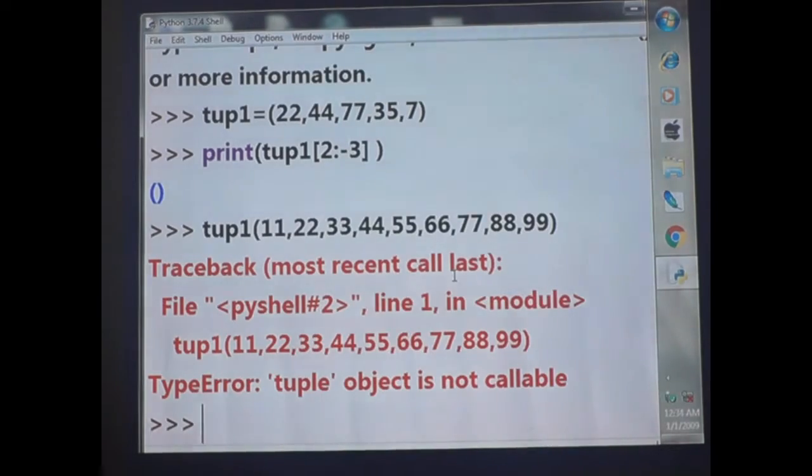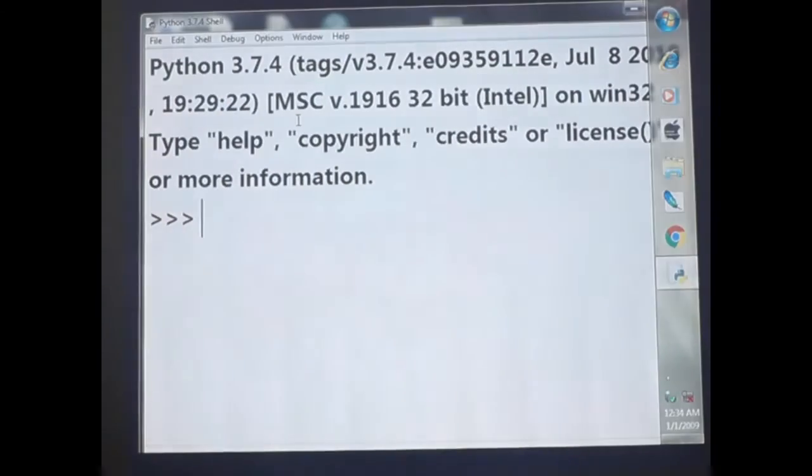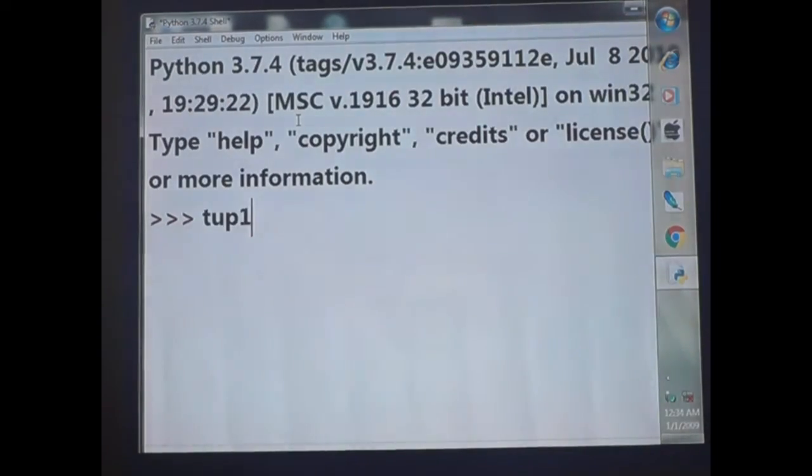Oh, TUP1 is equal to, I have to give it. Okay, just a minute. TUP1 is equal to 11, 22, 33, 44, 55, 66, 77, 88, 99. Okay, now there will be no confusion.